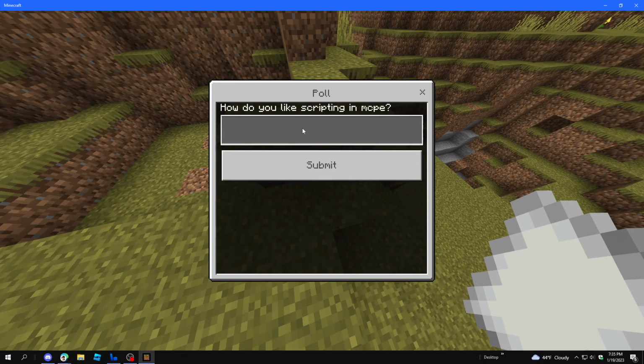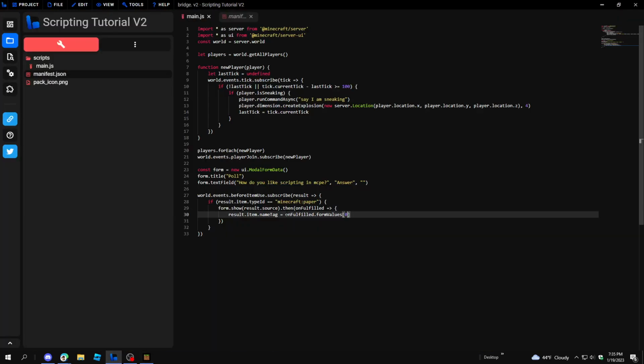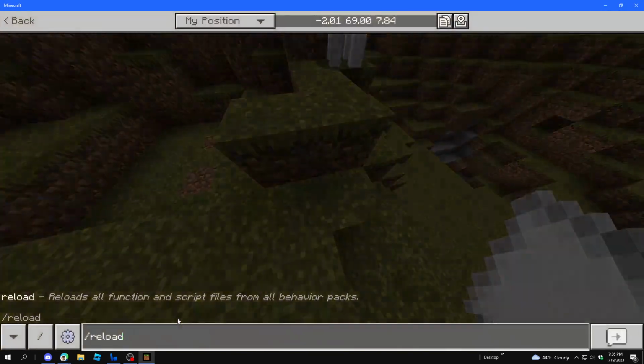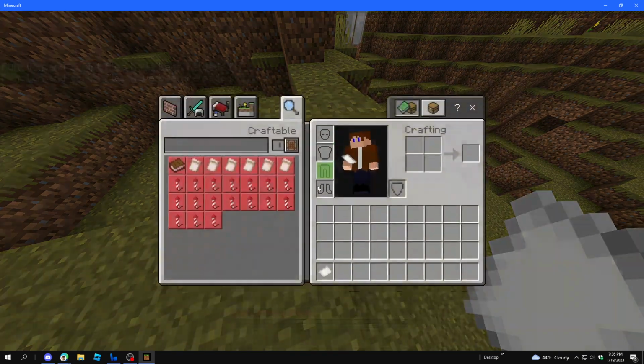So it says, how do you like scripting in MCPE? I like it. And actually, I don't think you can set the name tag. So I think instead what you have to do, you can set lore. Yeah, but you're not able to just rename it like that. So we'll do just set lore. And we'll do that. So we'll do I like it. And if we look at the lore,